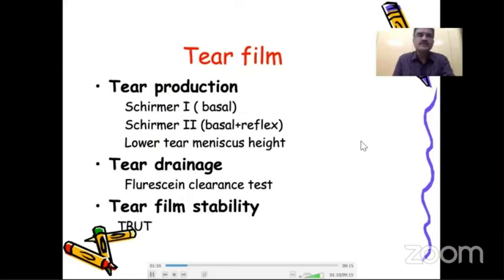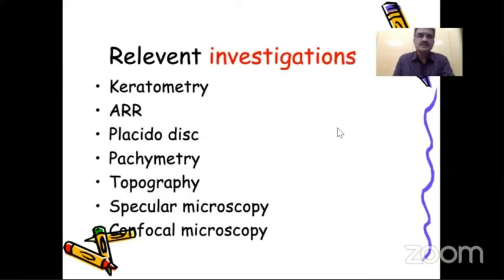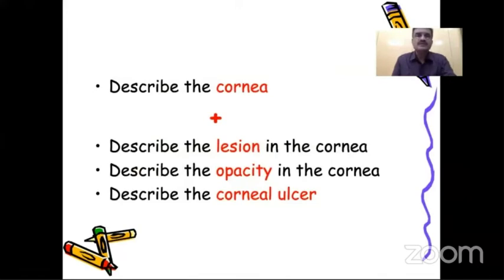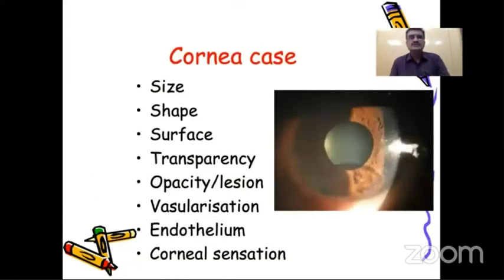And you should never forget to assess the tear film and the lacrimal adnexa, and wherever required you can order special investigations. What to look for in a cornea case? Whenever you see a corneal case, first thing is you describe the normal cornea. Then you describe the lesion within the cornea, if there is an opacity or an ulcer, then you describe that. What are the points you look for in a corneal case? One is the size, shape, surface, transparency, opacity, vascularization, endothelium, and the sensation of the cornea has to be checked